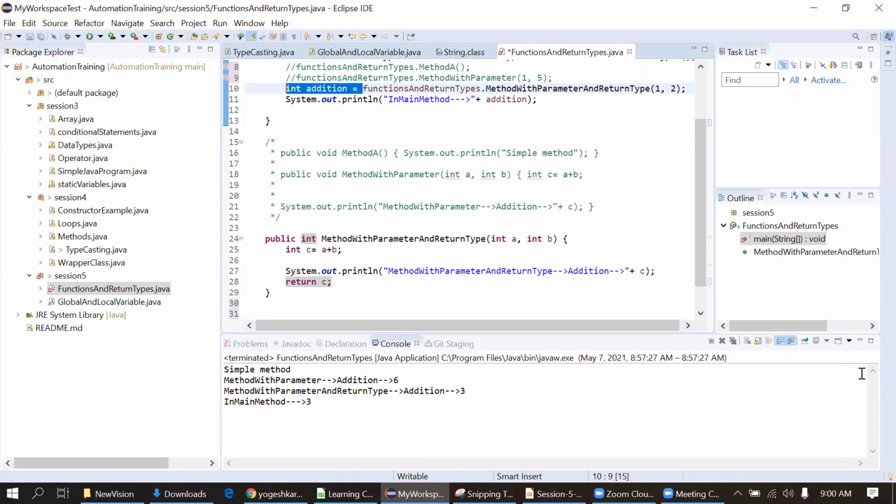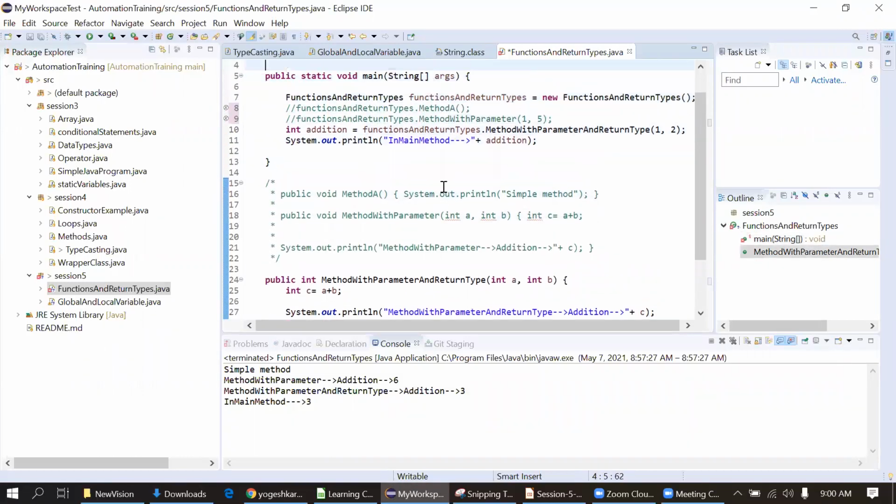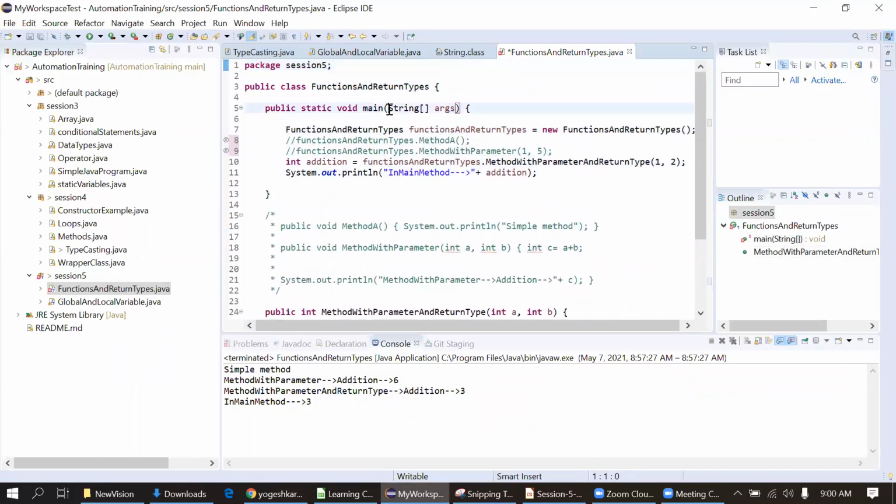Okay, so one question from Govind. Can you please explain how to use command line argument in the main method? Actually, forget about that part, Govind. We are not using that part. Actually, when we are executing this file from the CMD, then we are using this part. Now, for time being, just leave that. Actually, in automation framework, we are not going to use this main method. We are using some extra jars.